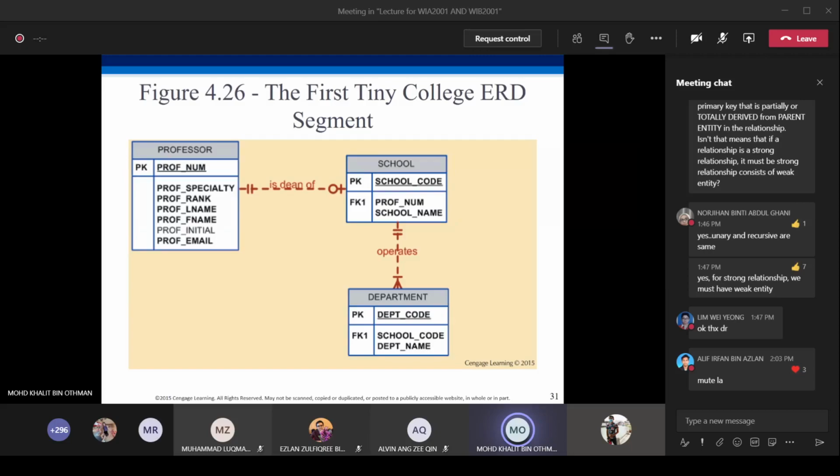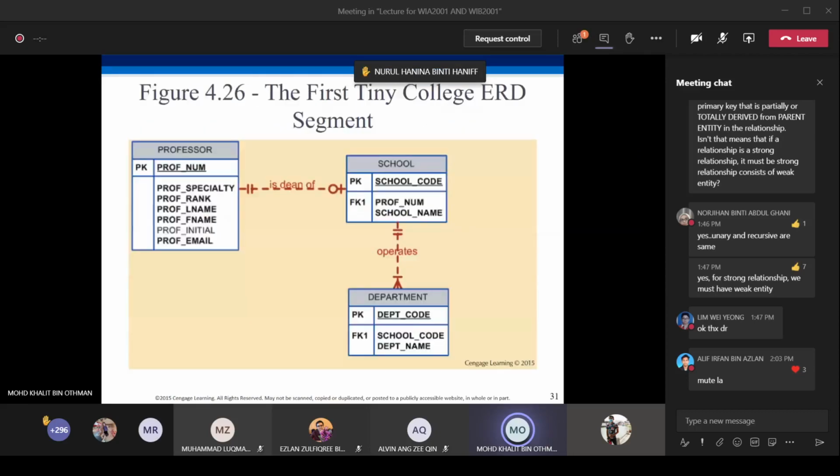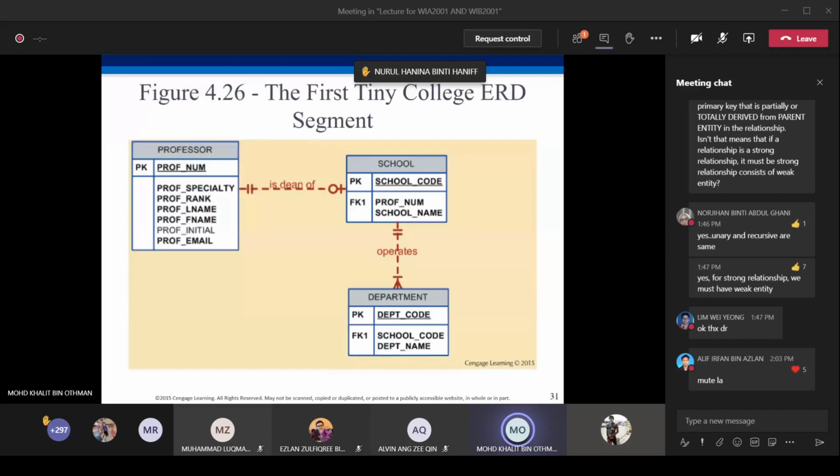Okay, class. Before this, actually, step 4 is develop the initial ERD. Step 1, you must create the detailed narrative description. Step 2, you identify business rules. Step 3, you identify main entity and relationship from the business rules. And step 4, you develop the initial ERD. Okay, and this is step 4. Actually, after you create a detailed narrative, identify business rules, identify relationships, you create the ERD,